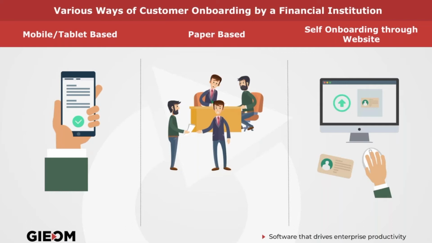Here, a lot of keying in is done by the relationship manager. Second is the conventional approach, which is still very predominant in our country, and I'm sure in many other countries, where a paper-based form is filled, and that form with its supporting documents is taken to the branch, scanned and sent to the back office. Third is you allow the customer to come online, fill an electronic form, upload the documents, and somebody at the back end picks it up and does the necessary work, and an account is opened. These are the 3 ways we are seeing in the banks we are interacting with.